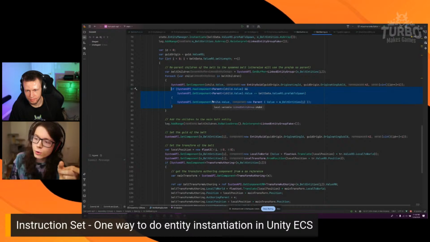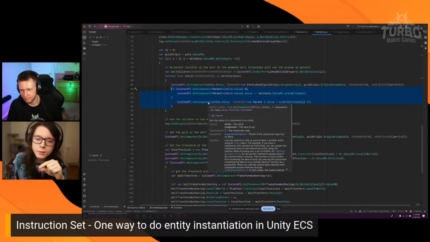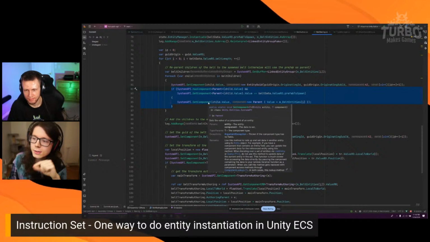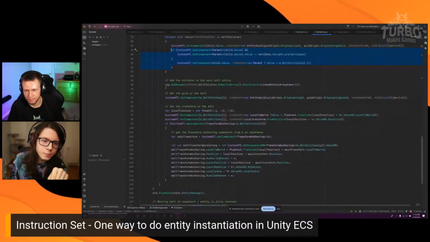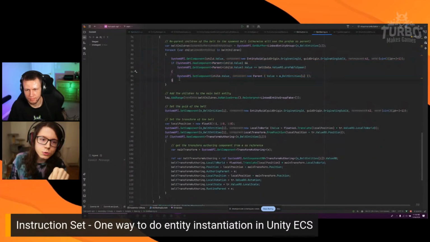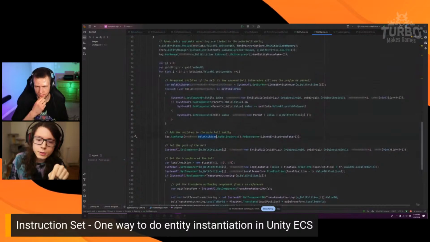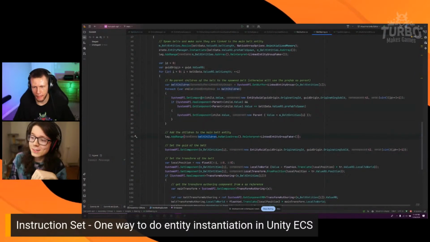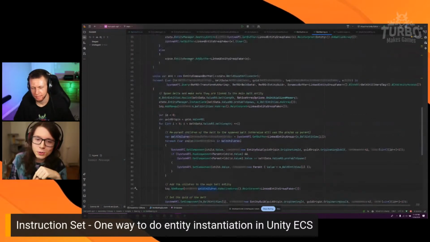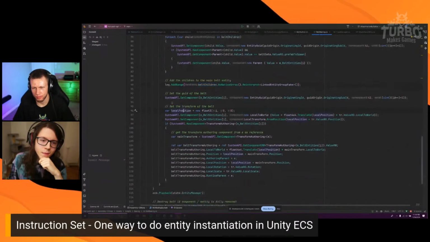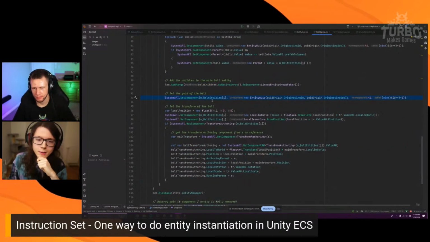Yeah, so that's another quirk of instantiation: you have to remember that if you're trying to instantiate a set of children, they might not have the parent updated, but it is fairly easy to do an operation like this. Obviously, we also want to make sure that all of its children are added to the fake linked entity group, so that when we go to destroy it, we're also destroying the build's entities. Sure. And that the build too has its own unique entity GUID,